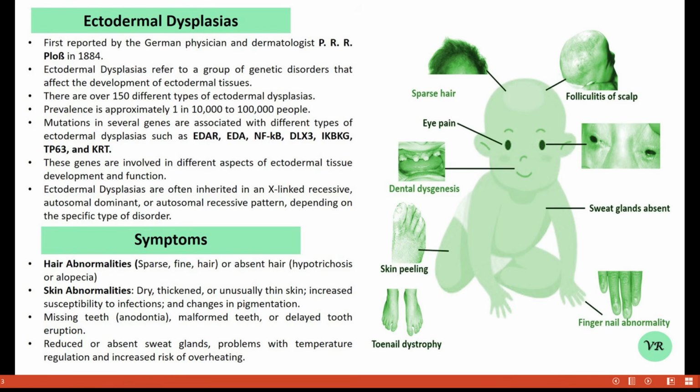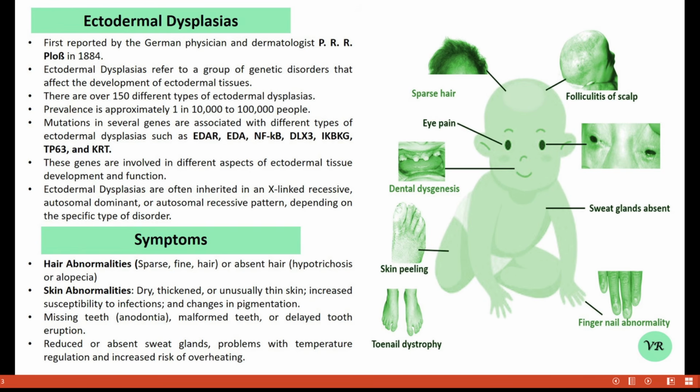The prevalence of ectodermal dysplasia varies depending on the specific type and geographic region. Overall, ectodermal dysplasias are considered rare, with estimates suggesting they occur in approximately 1 in 10,000 to 1 lakh individuals. X-linked hypohidrotic ectodermal dysplasia is the more commonly recognized type, particularly in males, with an estimated prevalence of about 1 in 1 lakh individuals. Autosomal recessive types are less common and vary widely in prevalence based on the specific genetic mutations and population studies.